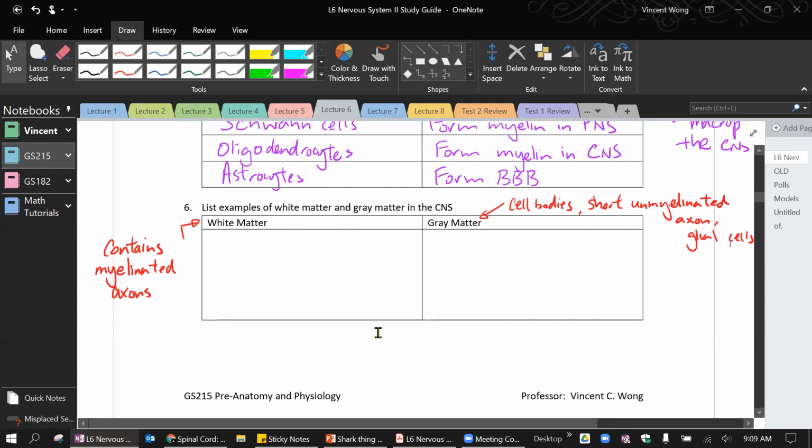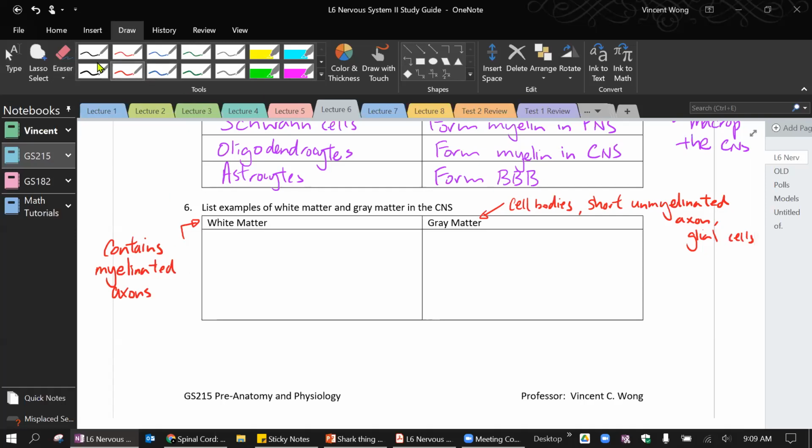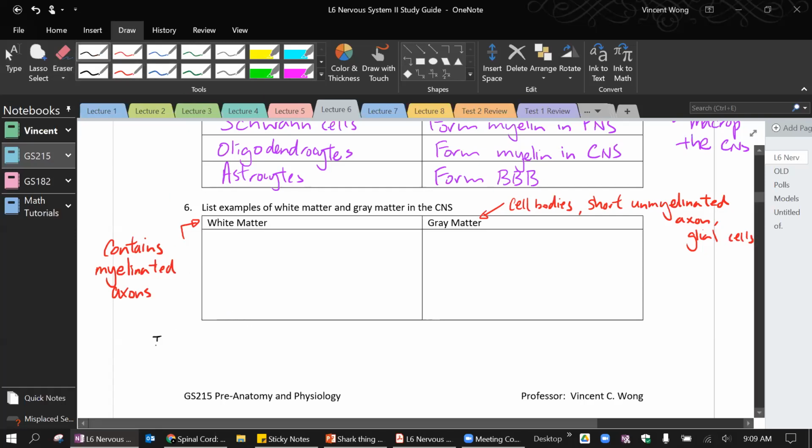So some examples of white matter. Now in general, you should remember this: in general, gray matter is on the outside of the brain,